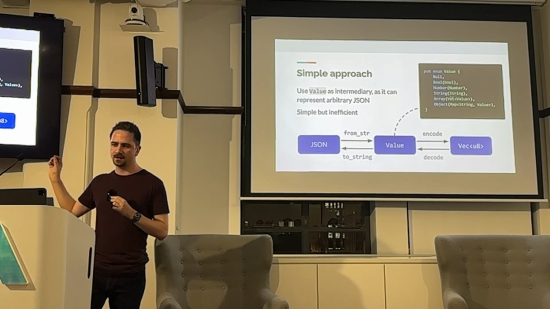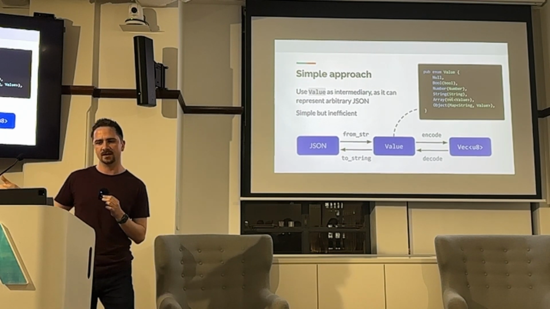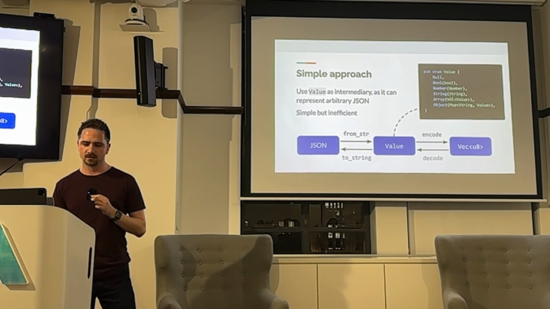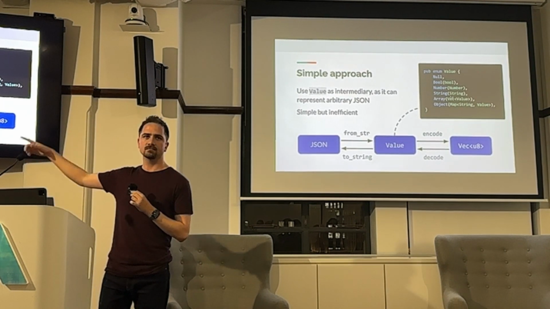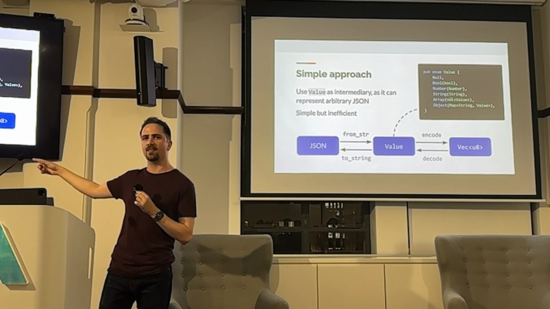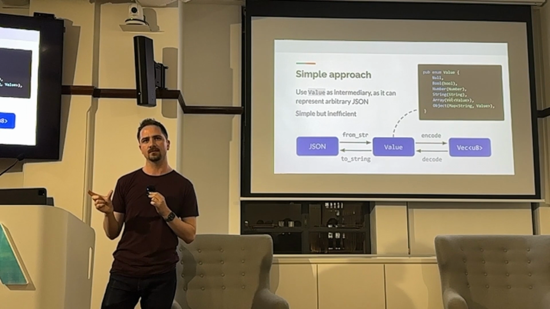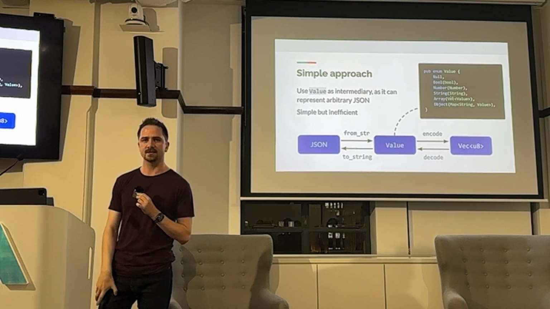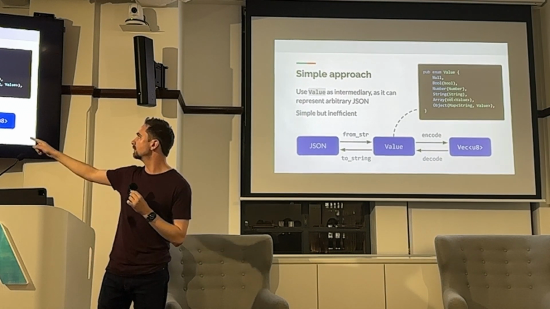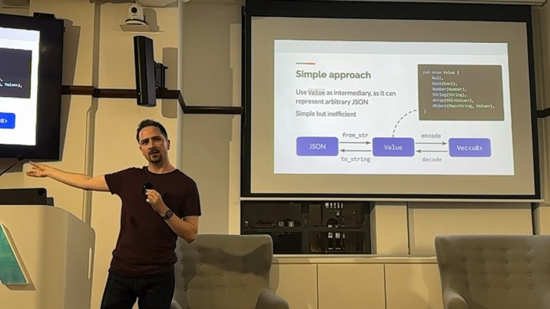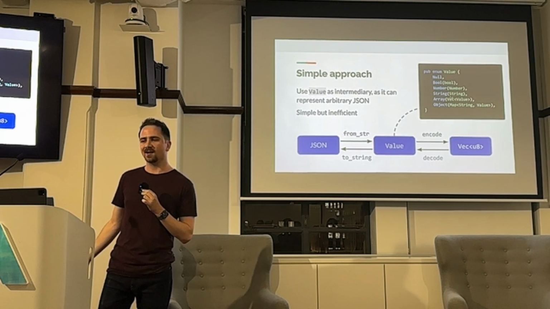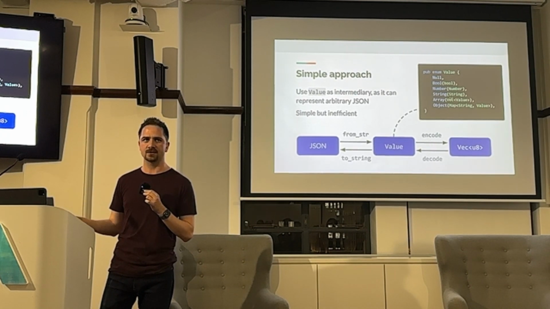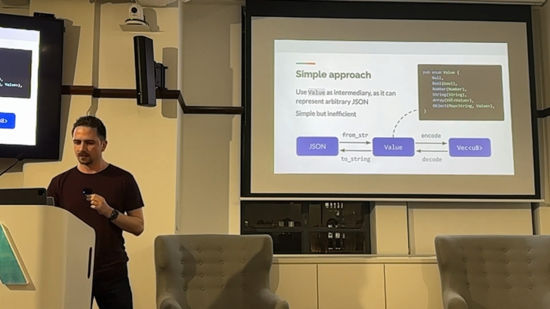So the simplest approach is to use this value object that comes with Serde JSON. Again, it's a simple recursive enum that can represent arbitrary JSON. So you can take the JSON text, parse it into this structure in memory, and then run the custom encoding logic to turn that into compressed bytes, and then go back the other way. It's a pretty simple approach, but the biggest downside is it costs performance, because you're doing this intermediary step of constructing the value, and it's wasting memory, and it's particularly bad because it is this recursive thing. You're having all these really small heap allocations, which can really kill performance as well. So I wanted to do better,